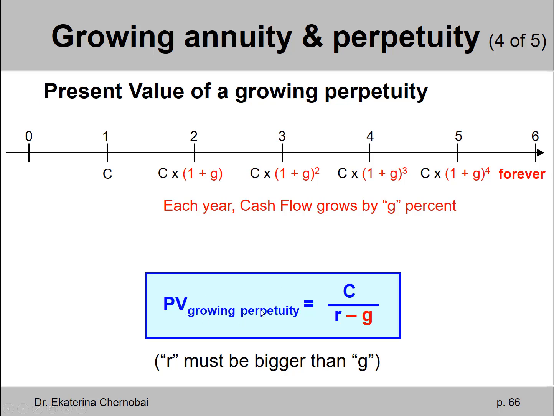It's like it costs a negative amount of money, right? So you don't pay some money for it, but instead somebody pays you to buy it. So it kind of becomes a nonsense. So R must be bigger than G. That's the only little rule. For the purpose of this class, it will never come up. In all problems on growing perpetuity, your R will be larger than your G. So this issue will never come up.